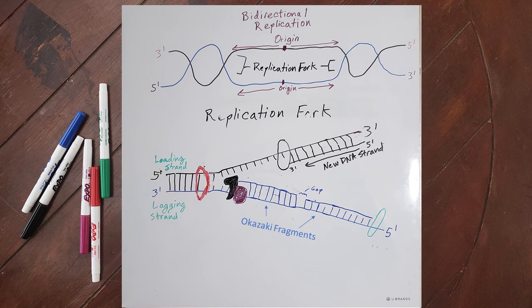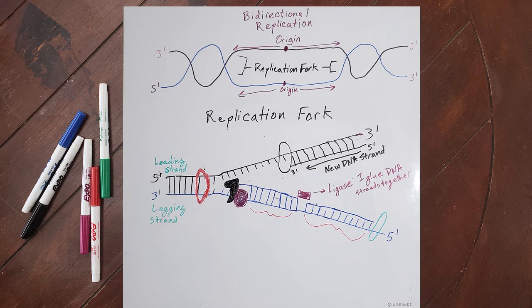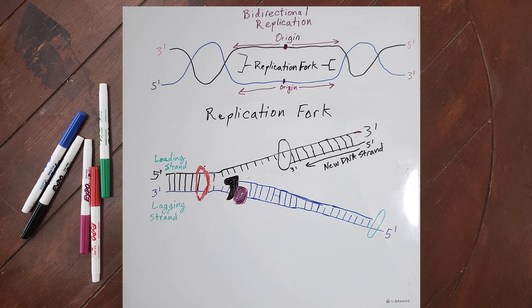To join the Okazaki fragments, DNA ligase will swoop in and glue the fragments together by adding a phosphodiester bond between the nucleotides added by DNA polymerase III and the nucleotide added by DNA polymerase I. As the replication forks travel around the circular DNA, it will eventually engage in termination, where DNA replication is completed.